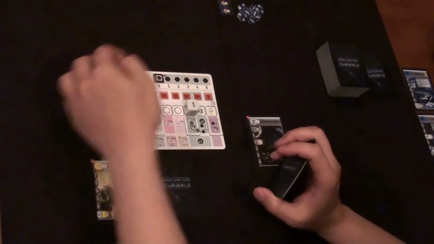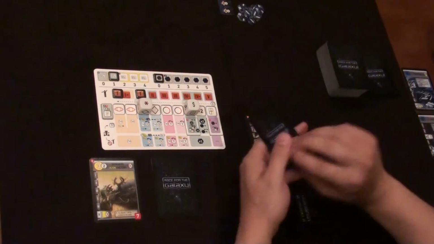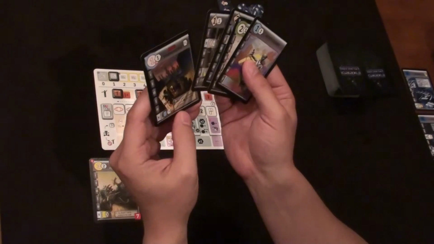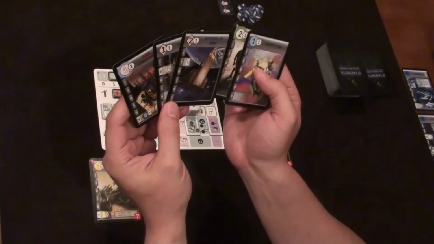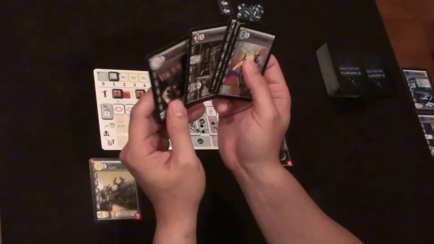So you go from left to right, and I start with Explore. So I'm going to, off the bat, draw my 5 cards, and I'm going to keep 2 of these. So again, I'm looking for military planets if I can get them. Let's see. I think I will keep the Rebel Sympathizers,